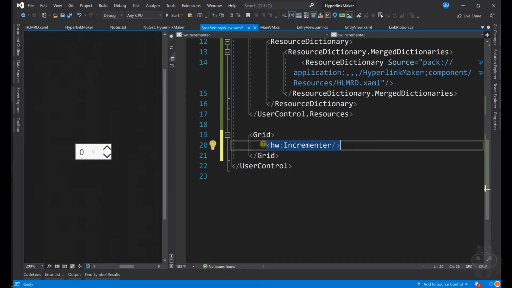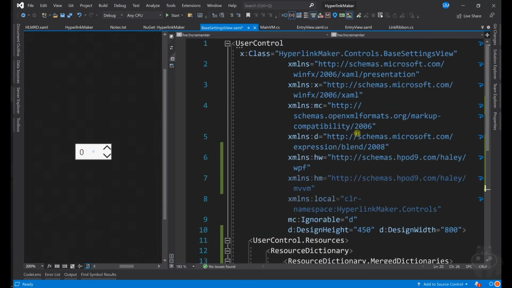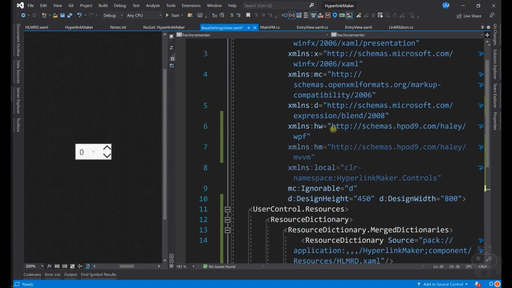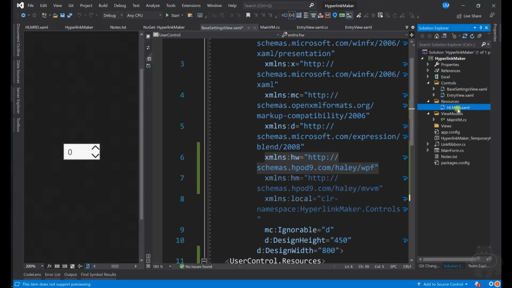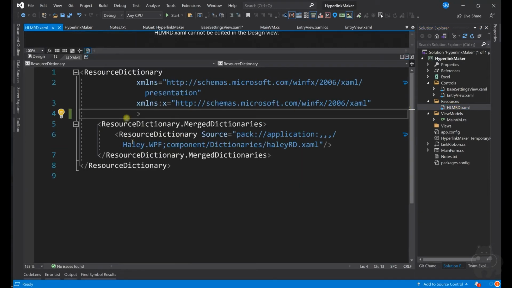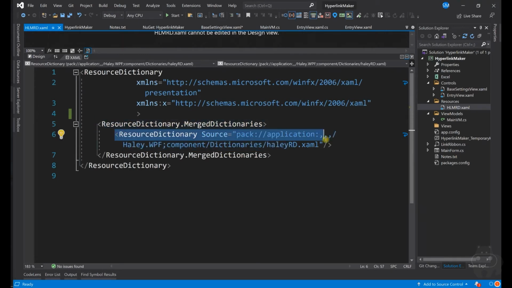So that's fine. So what we have now is we have added a Haley library, and from Haley we have added the namespace, and then in the solution explorer we created a new resource dictionary. Resource dictionary is pretty much like a simple XAML file without any code behind CS, and inside this resource dictionary we have merged, remember it, merged our resource dictionary from Haley.